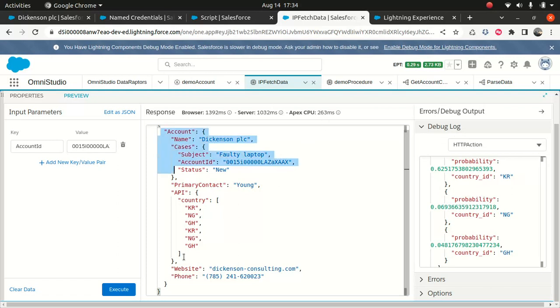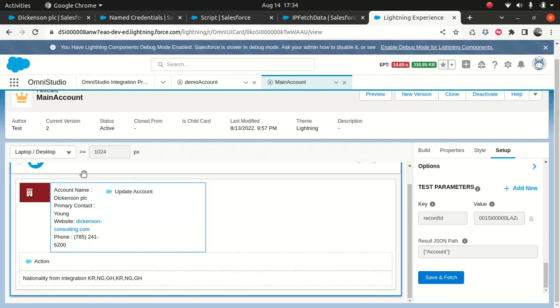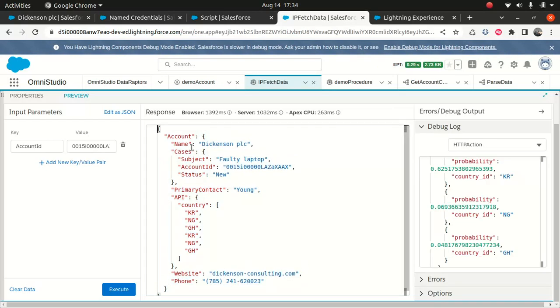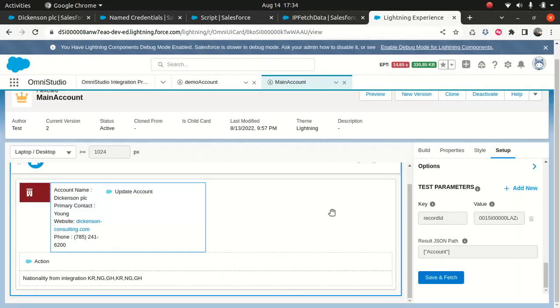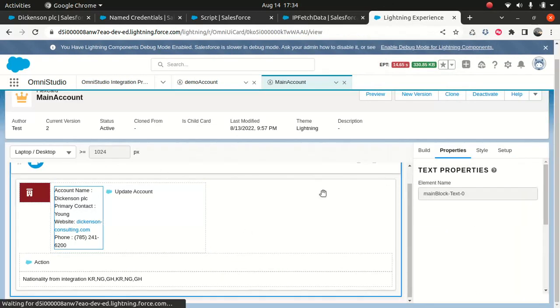So we're getting this data here, right? And if you go back to the flex card here, I'm saying, okay, return me the JSON with the root node as an account. So here the root node is account, rest everything is a part of it, right? So if you go here, I'm saying,